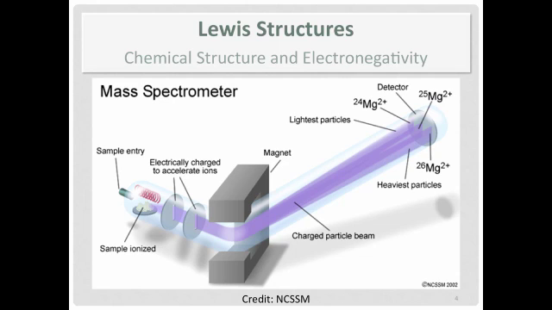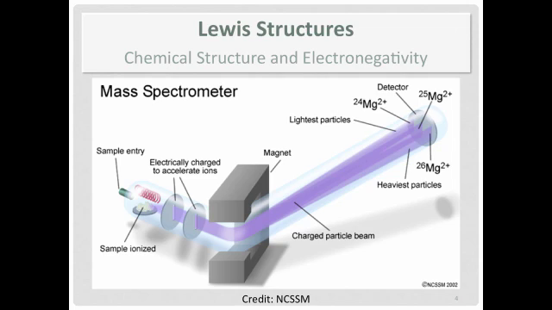The first tool is the mass spectrometer. And this will tell us what atoms are actually in the molecule first. So if you notice this setup, you make your sample there on the left into a gas, and then you ionize it. You knock off one or more electrons. And then you have this ion beam. Once you've accelerated those ions, going from left to right, you then deflect them using the magnet. Now the particles that are heavier will experience less deflection than the particles that are lighter.